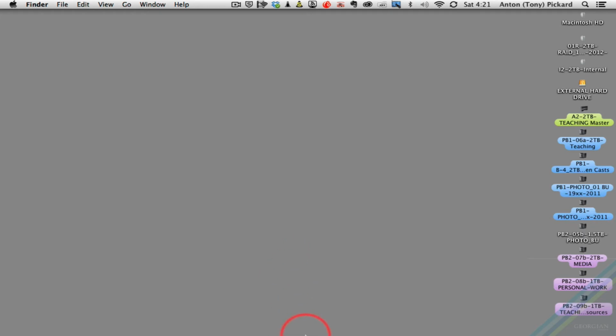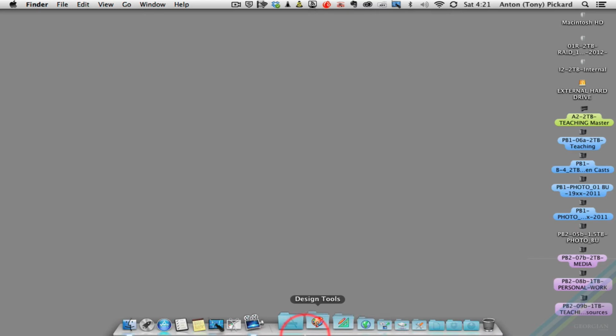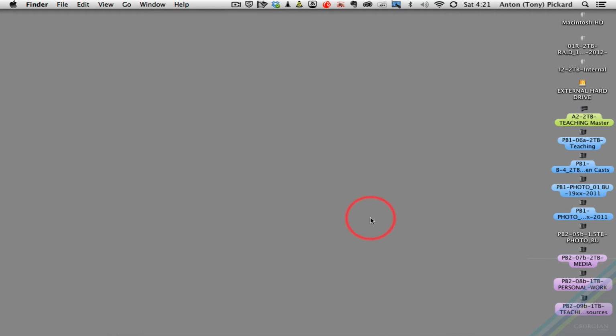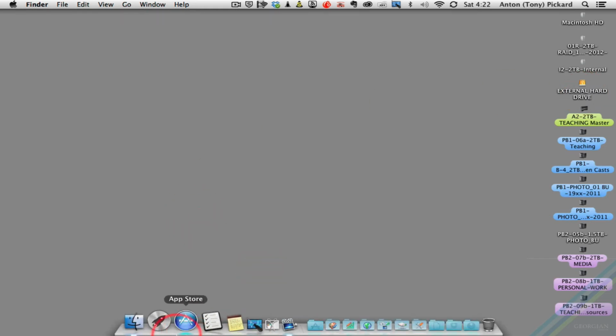Okay, so the main thing we have to do right now in this tutorial is, as I said before, to set it up for receiving our images on our hard drive. Before I do that though, I want to point out these icons over here on the right hand side. These are all my hard drives that I have hooked up to the computer. There's one here that says external hard drive, and this is the one that I'm going to be setting up to receive the pictures. So I'm going to come down here to the dock,